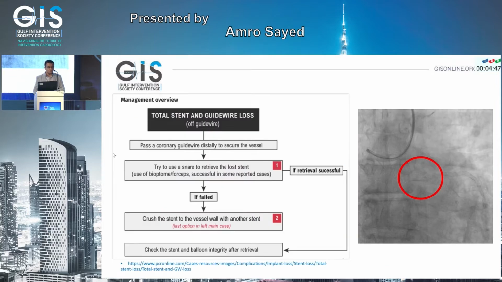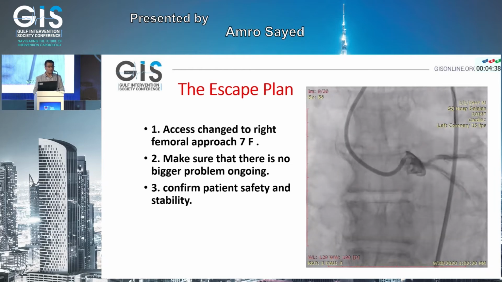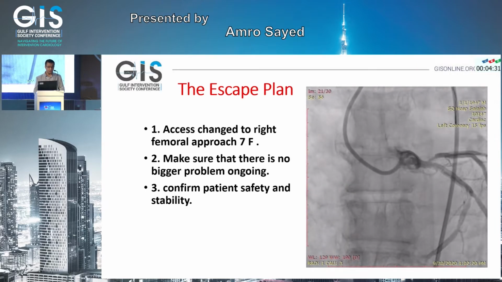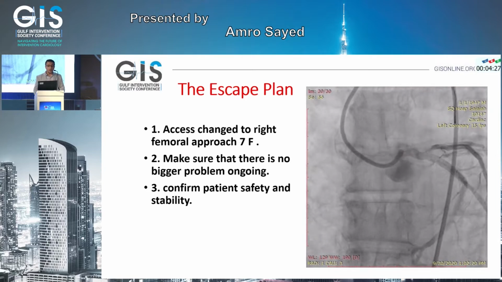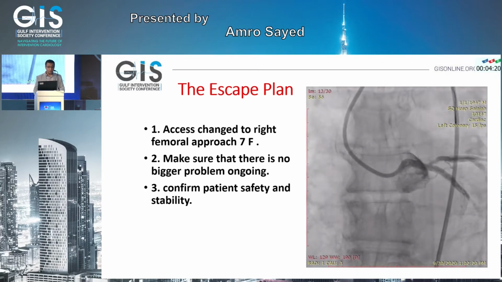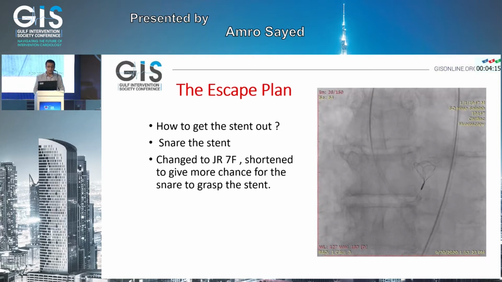This is the algorithm from EuroPCR. The first step is to try to snare the stent. This is what we did. So the escape plan was first to change the access. We changed it to femoral access, 7 French. We used a JL catheter to get a shot and make sure that there is no bigger problem ongoing, to confirm patient safety. Then we tried to snare